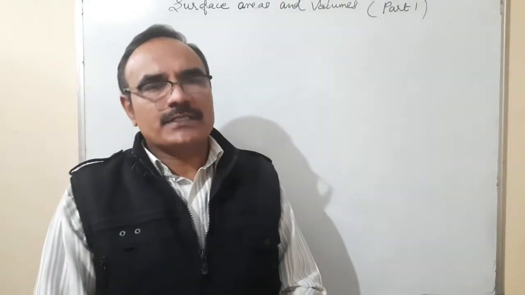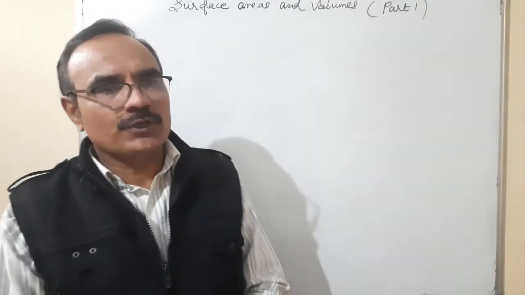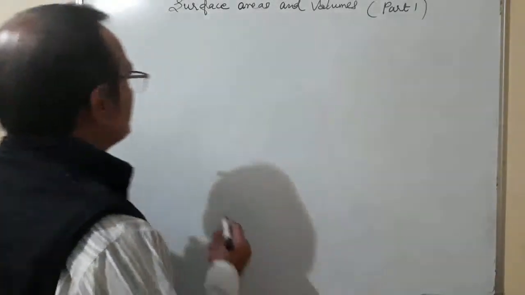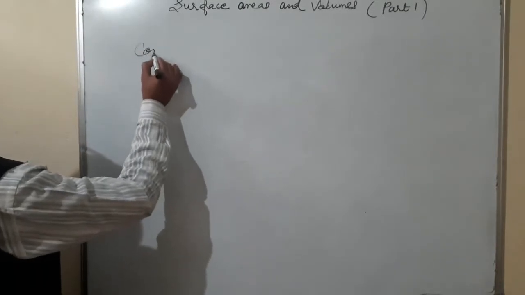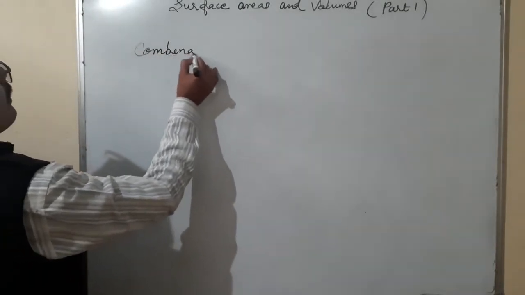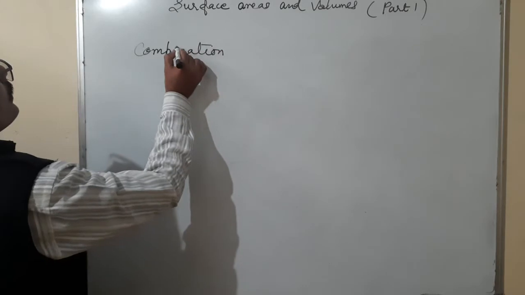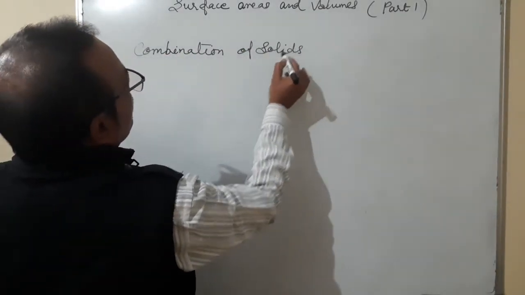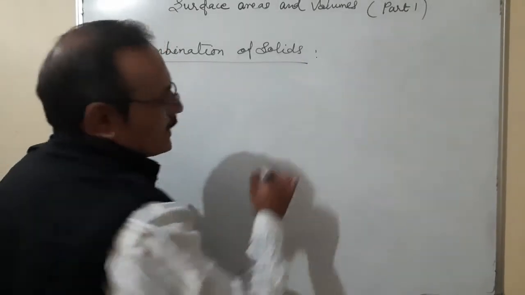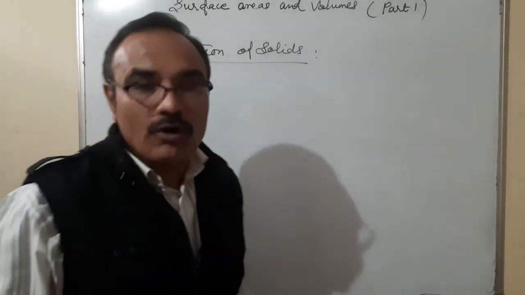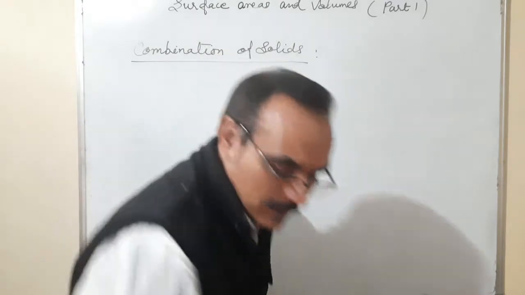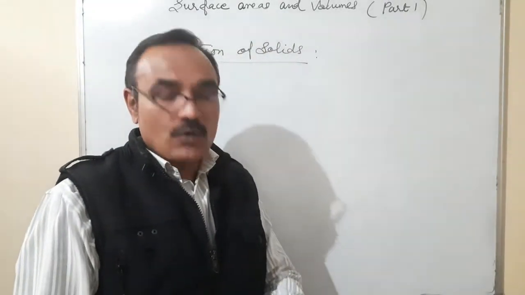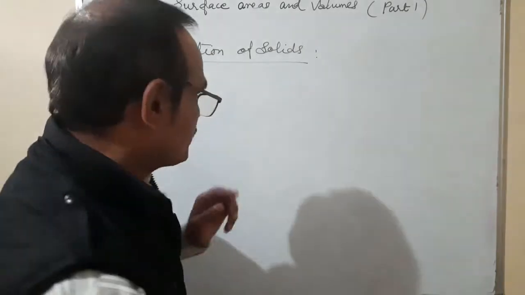So after discussing all the formulae of surface areas and volume, now we have to discuss the combination of solids. Because in class 10th, we have to discuss the combination of solids. Like when we join two or more figures, two or more solids, then how to find its CSA and TSA. For example,